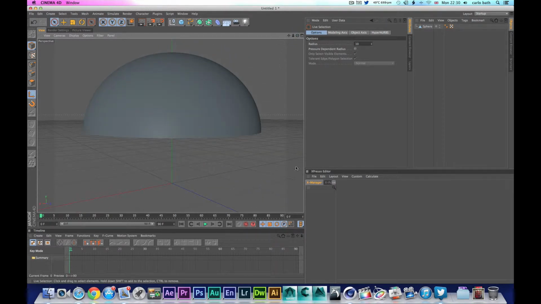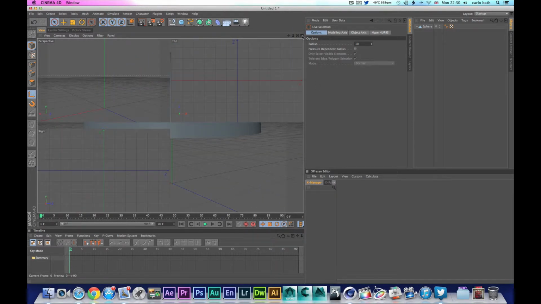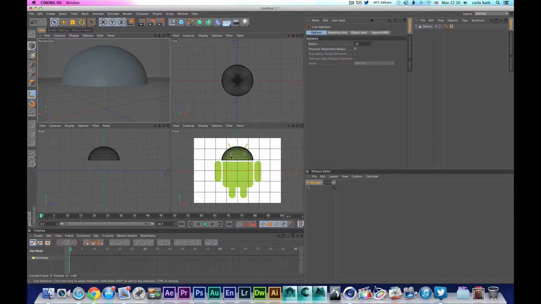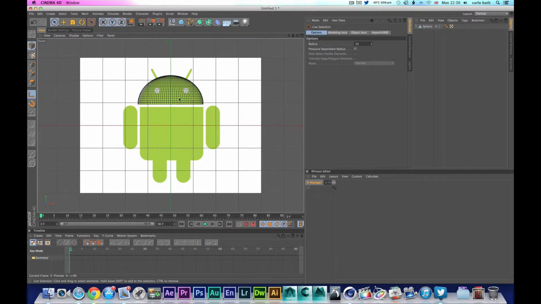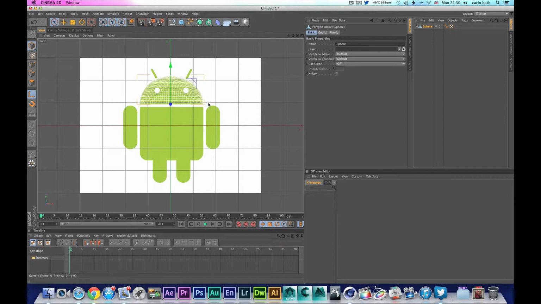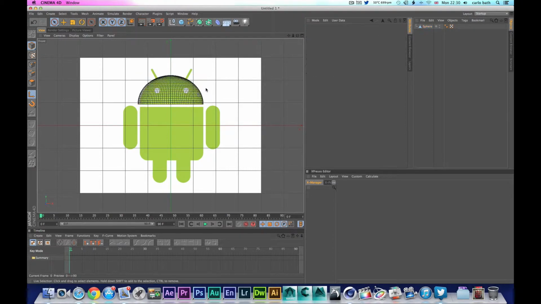Okay, so now what we want to do is come back into our front mode, and then we're going to work on the eyes. If this is not flush, you can easily just bring it over and flush it out, but that looks absolutely fine. Right, so now we're going to come up to our box